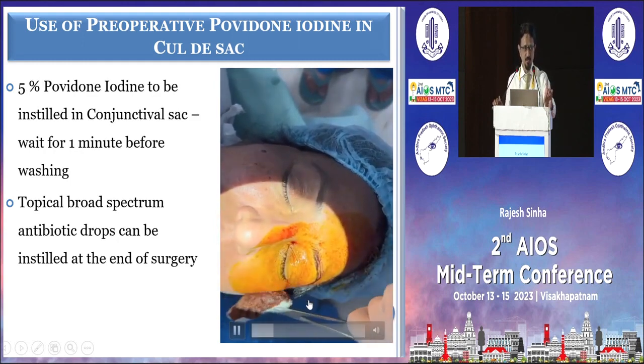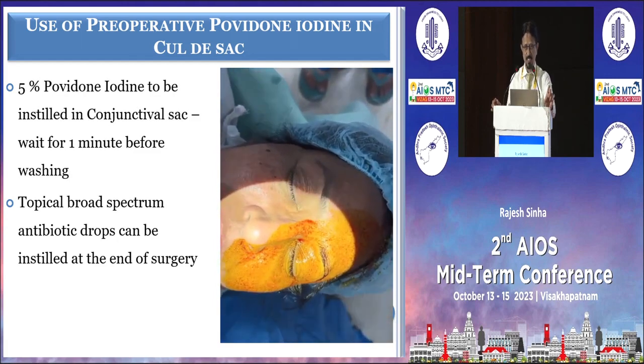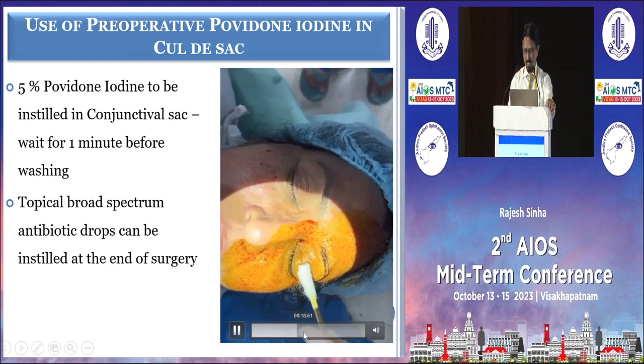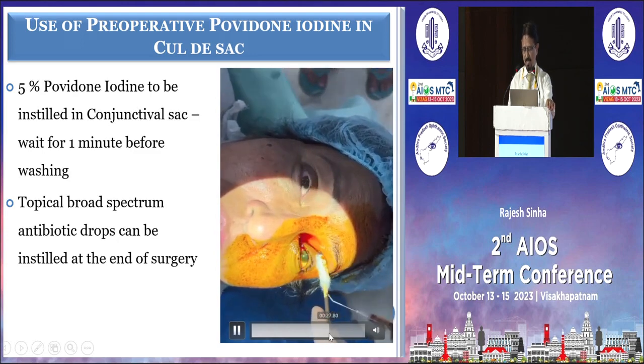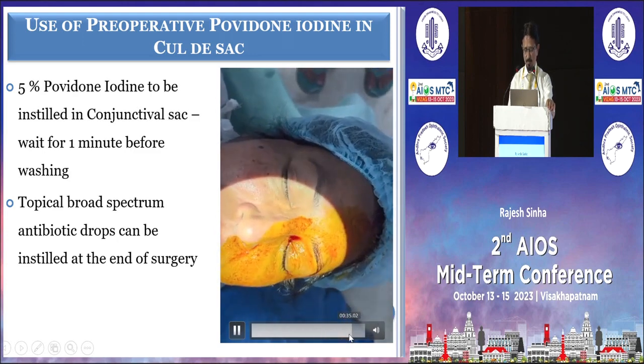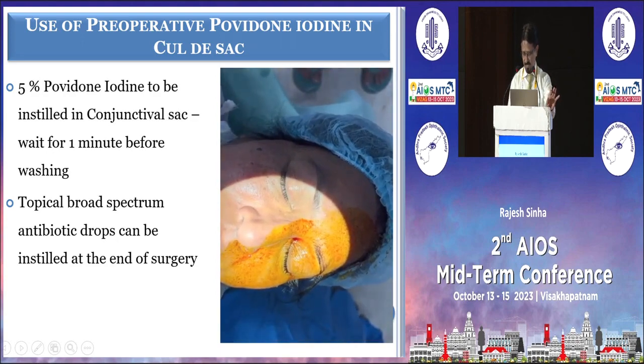Povidone iodine is mostly available, to my information, as a 10% solution. So if you are putting it inside the eye, you have to dilute it, because otherwise it will cause some toxicity to the ocular surface. So 5% povidone iodine inside the eye, left for 1 minute,